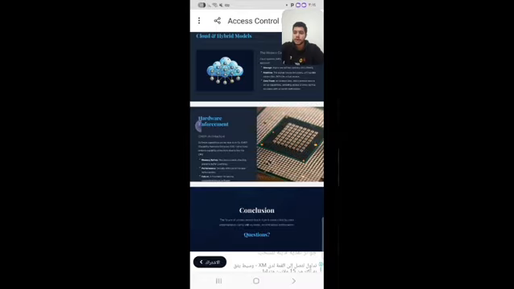Number one, memory safety: hardware boundary checking prevents buffer overflows. Number two, performance: security enforcement at near-native speed. Number three, future: a foundation for secure